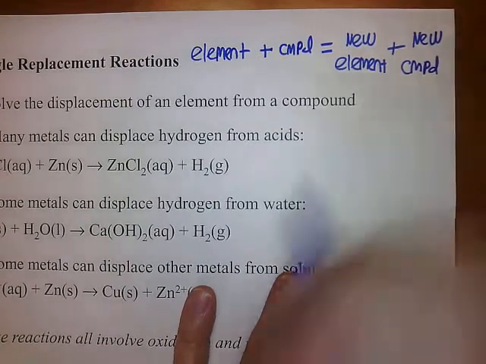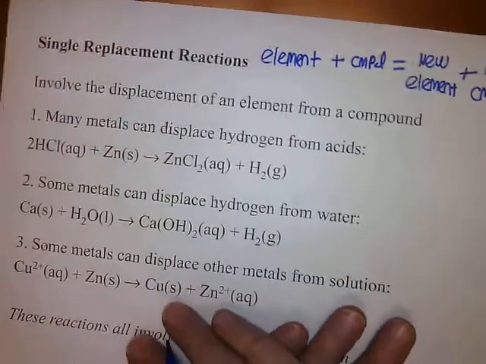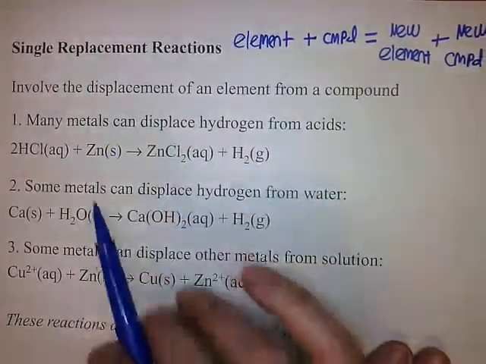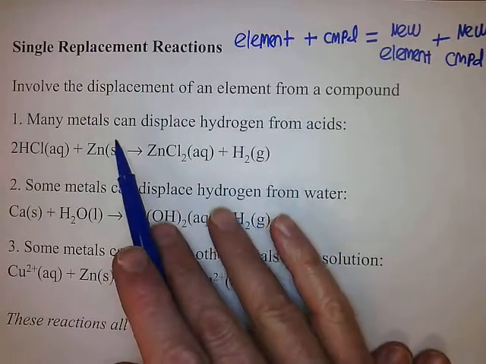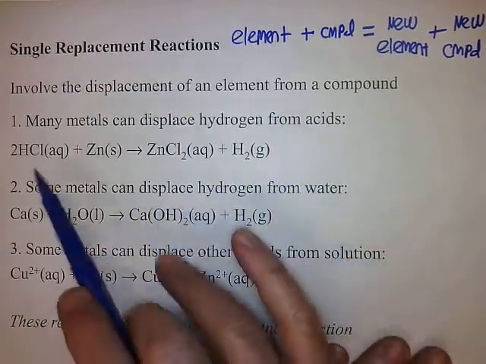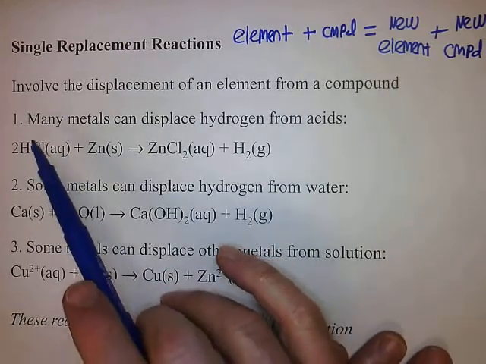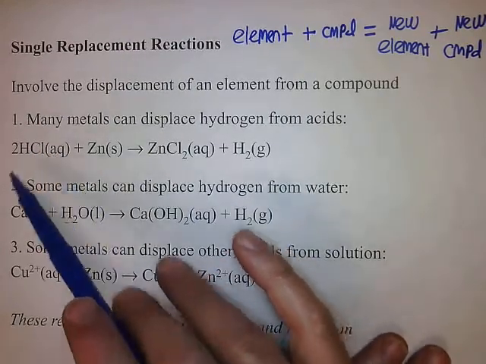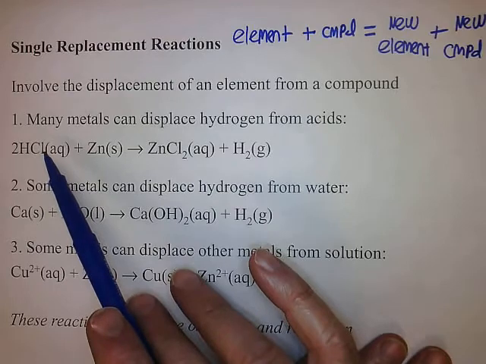A prime example is that many metals displace hydrogen from acid. So for example, if you have a solution of hydrochloric acid, even dilute acid,